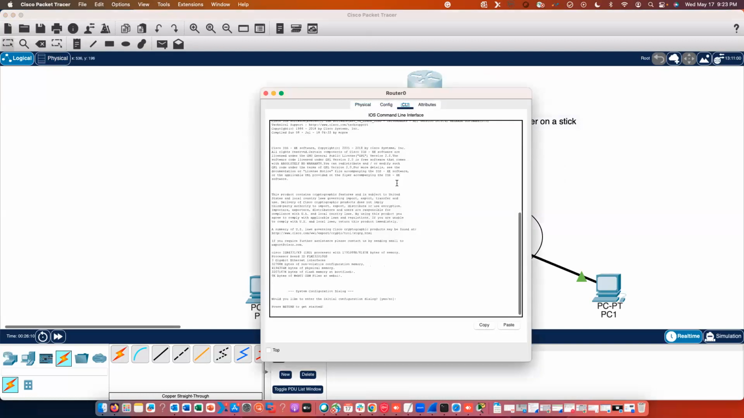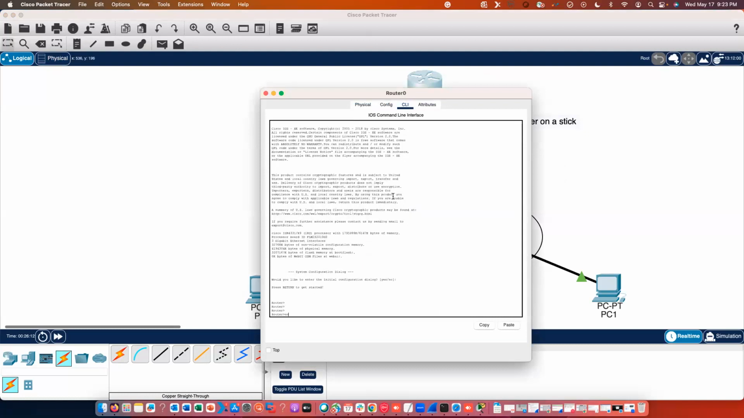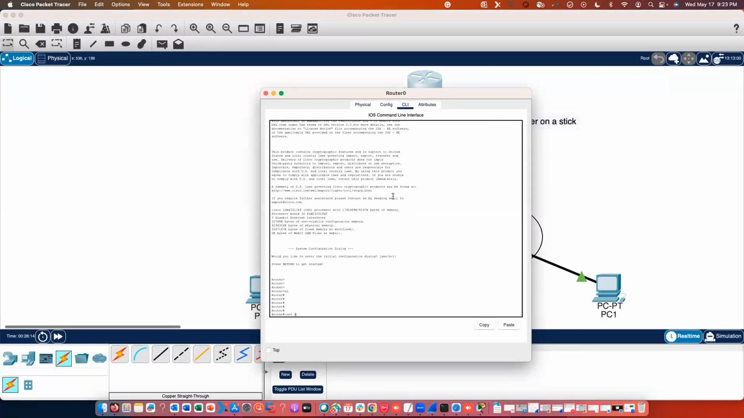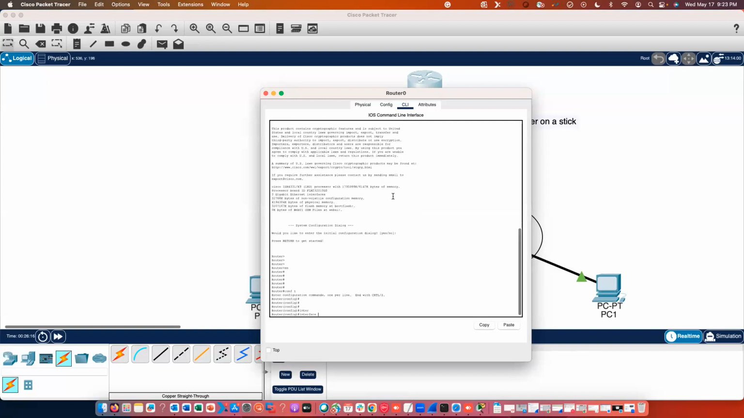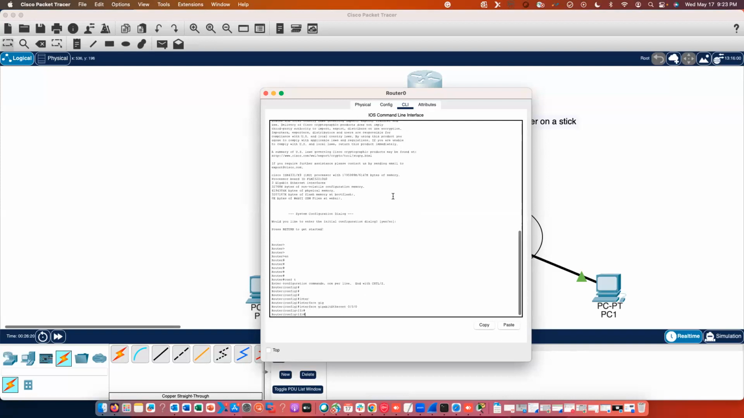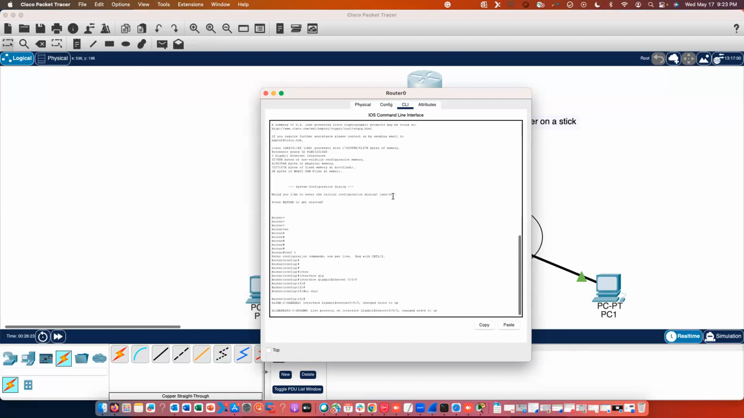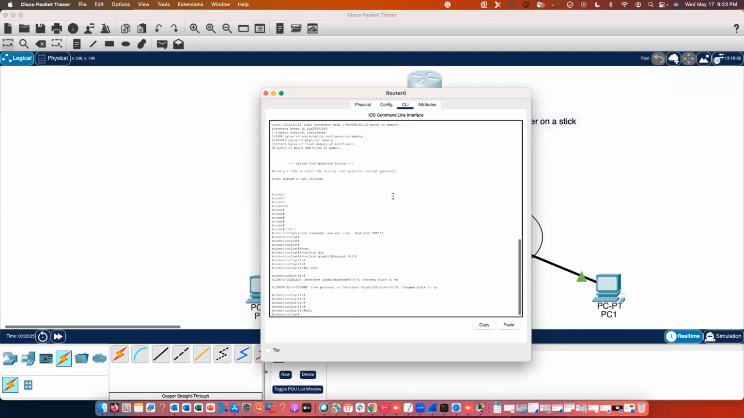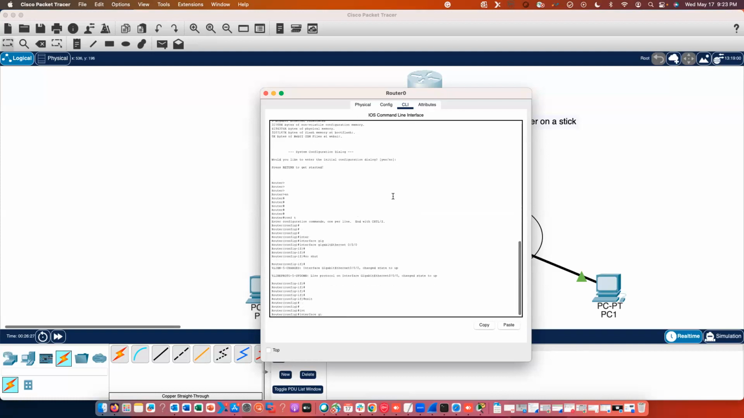Config, CLI, enable, configure terminal, interface gig 0/0/0, no shutdown, interface gig